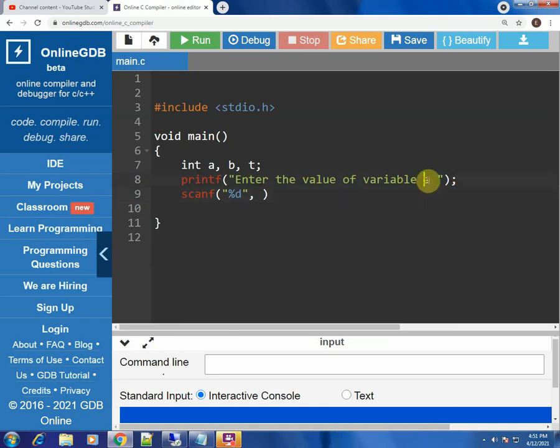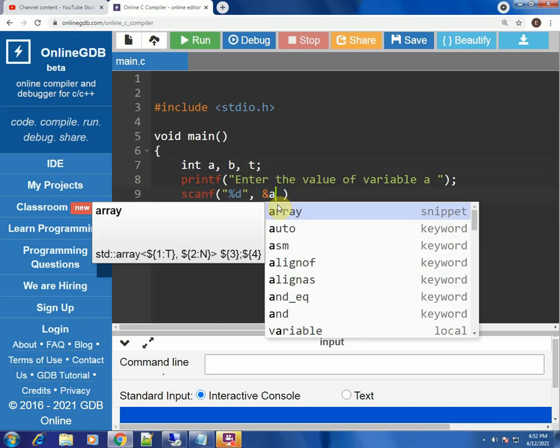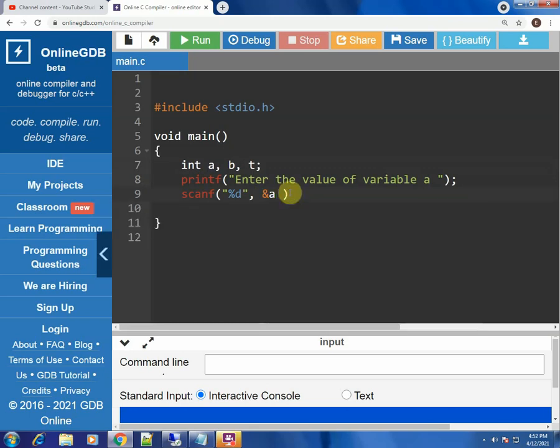You have to store it in the variable A, hence we have to write &A. So this is the way we write the scanf statement. We have looked into the syntax of it in the previous video lecture.